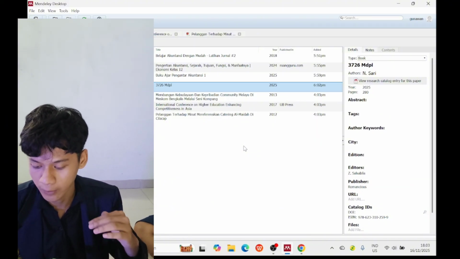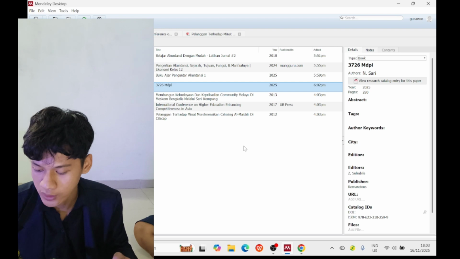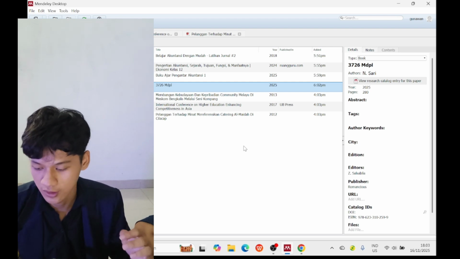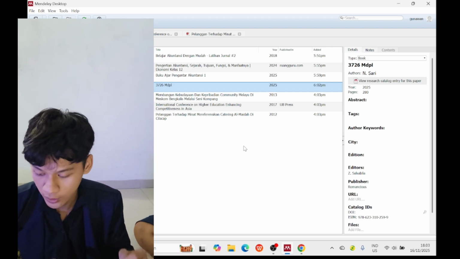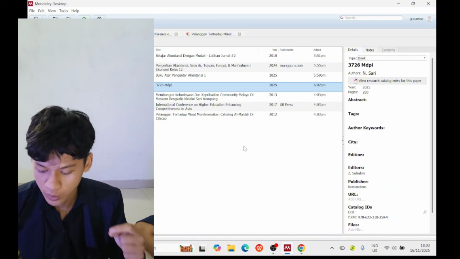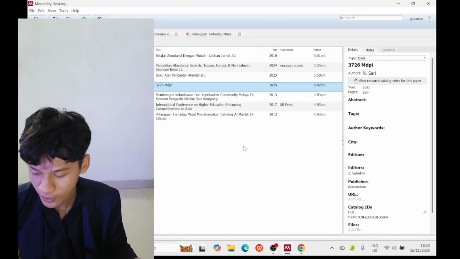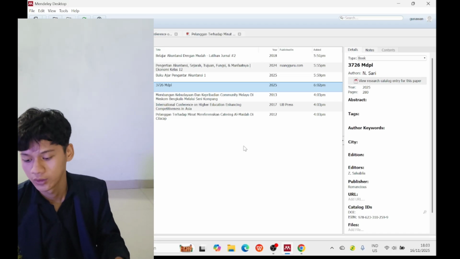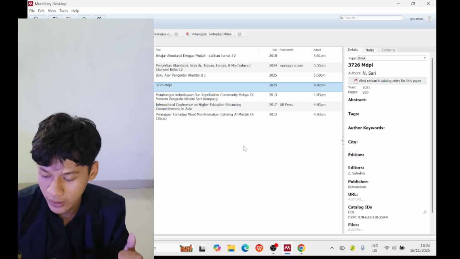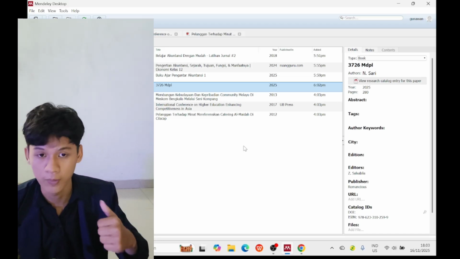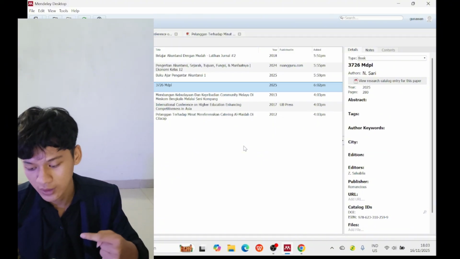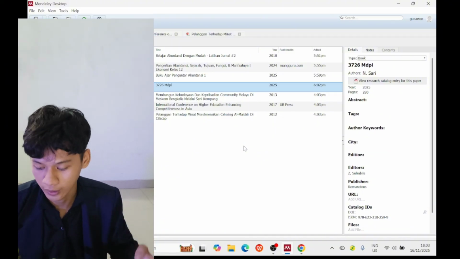After I write my paraphrase, I use Mendeley to insert the citation. This shows that the idea comes from that author, even though the sentence is my own. Paraphrasing is very useful because first, our writing sounds more natural and not like copy paste, and we still respect the original writer.